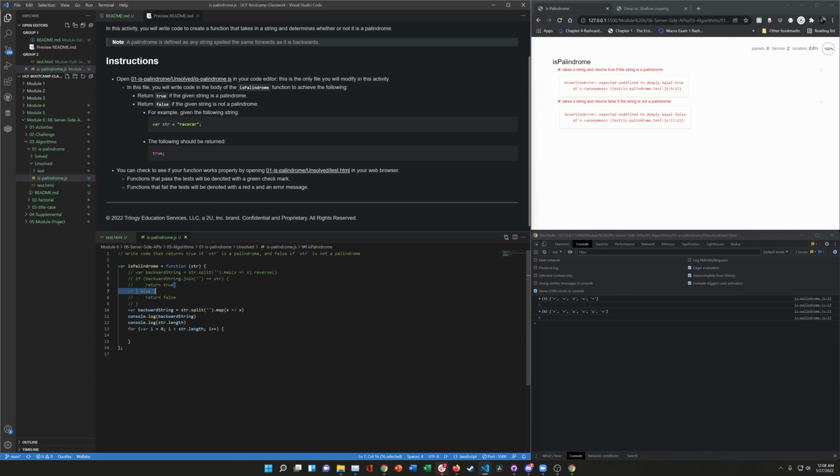Yeah, the other way we could do it is like this, where we check each value against it. So basically, if string at I equals string at, well, backward string at string.length minus 1, do nothing, else return false. Now that's going to mess up halfway through. Oh no, it should be the same. Do nothing,